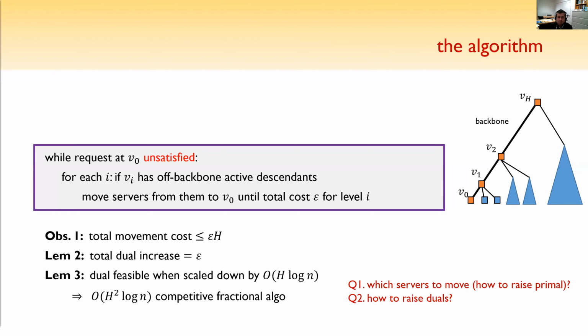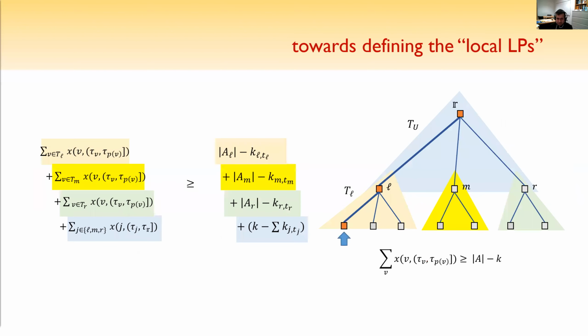Now, of course, the two main questions are which servers should be moved. I have only said how much server to move from each of these collections of subtrees, but where do we actually get those servers from? That certainly is guided by the primal LP. And how do we raise duals to ensure that lemma 2 is true? Okay, this I won't have time to go into, but a quick word on this is